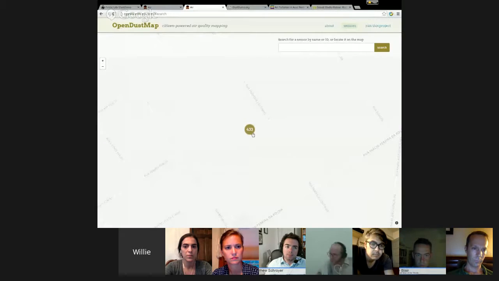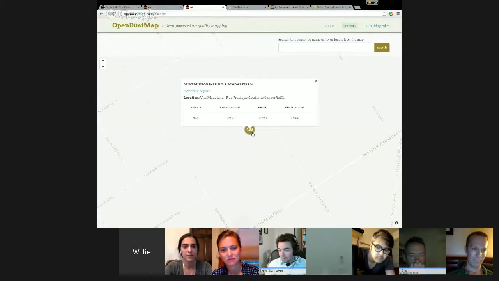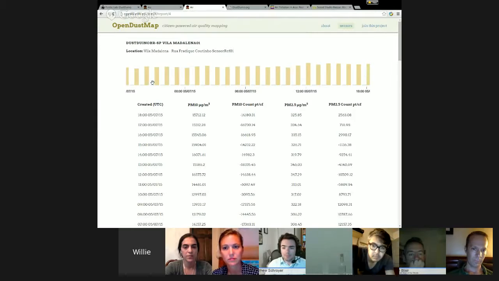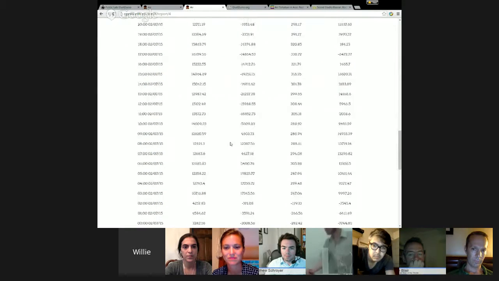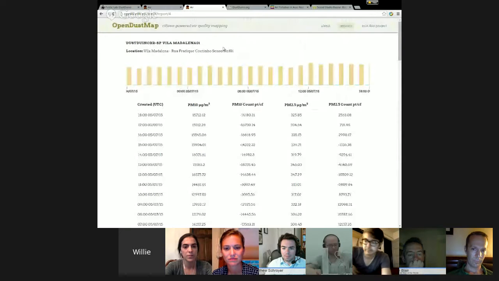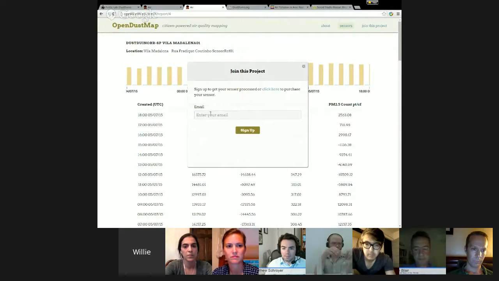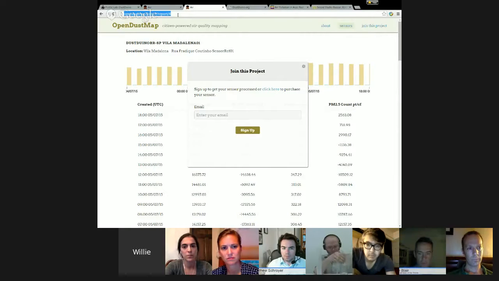So Open Dust Map, we've never showed this to anybody yet, so I'm glad to be sharing it with you guys. We built essentially a system to start generating reports from the sensors themselves. So you can click on seeing timescale data, all of the information starting to be recorded. Also, the ability to create keys via email to sign up so that you can start registering the device and streaming the data for free. But then also two other things.